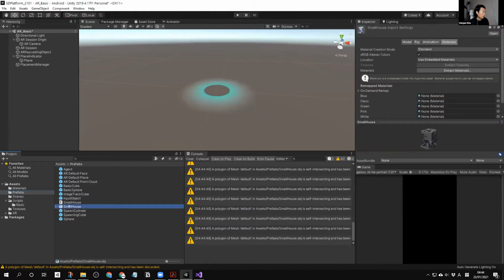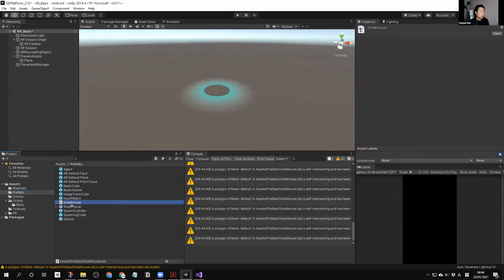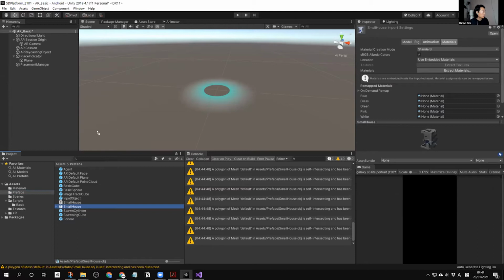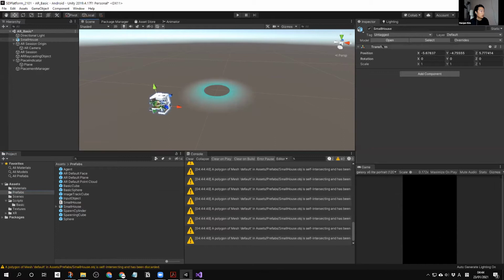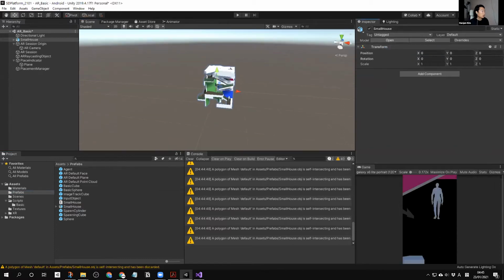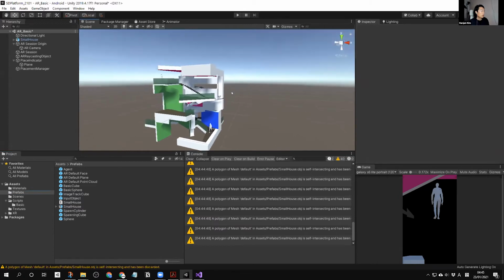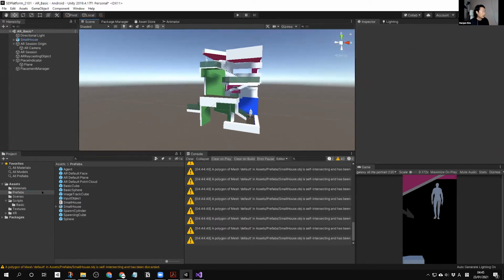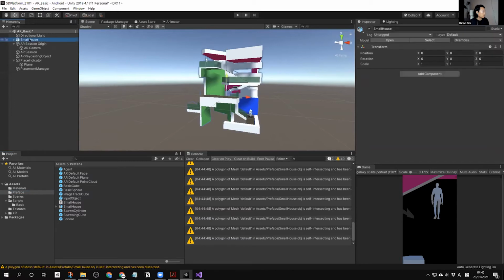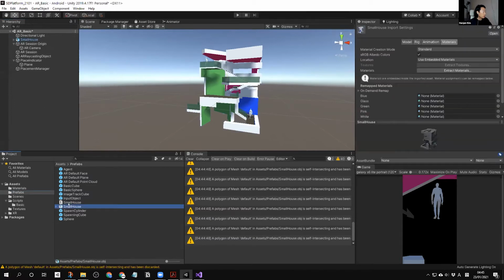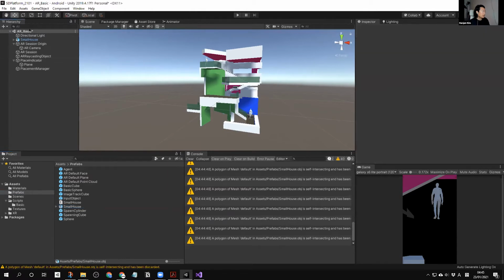And that's it. And your small house, as you can see here, is going to have some materials, and you can also use this one directly as your prefab, but to make everything easier,